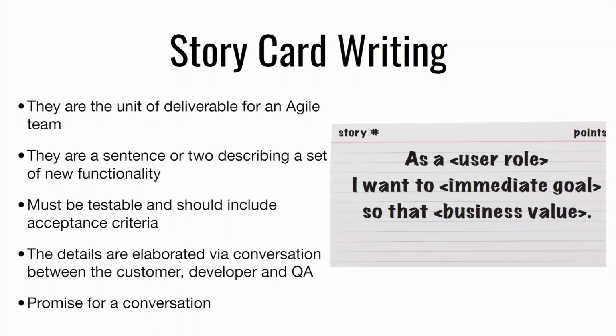So some key things: it must be testable. It should include what we call acceptance criteria, meaning I can actually see that it's doing what it is that I want it to do. I can check it off almost like a checklist. Now, that doesn't mean the tests that we do to make sure that it does that functionality, but the high-level